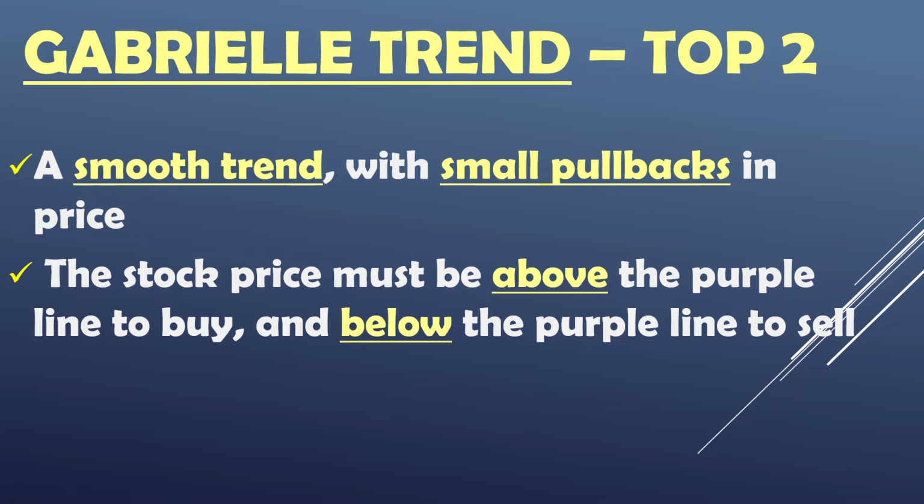For now, let me give you the top two signals, conditions Gabrielle had to spot before she could buy a stock. The first signal you already know, with one small addition. I told her if the stock is going up, clearly going up, without huge pullbacks in price, that's important. That's the first signal to buy. The opposite being true if the price is clearly going down.